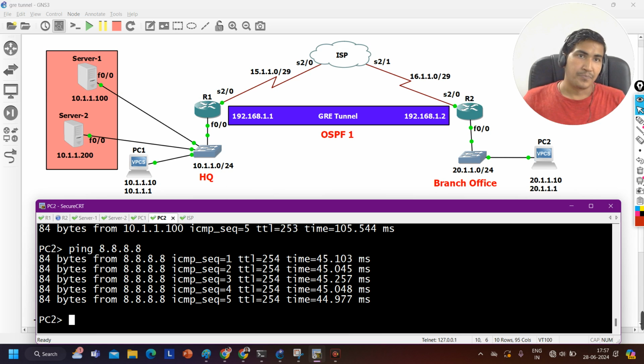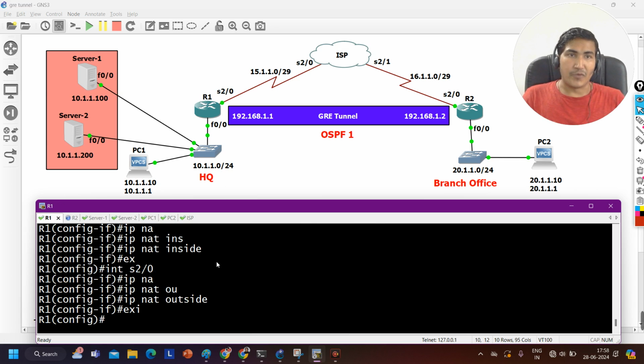Now guys, third task, that my server should be accessible from internet, right? Only web traffic should be allowed, right? And outside users should be able to access web services on my server, right? So I need to configure R1. First of all, to provide access